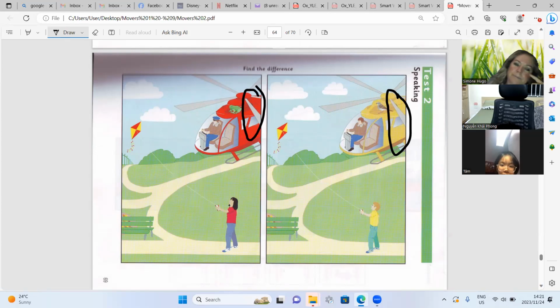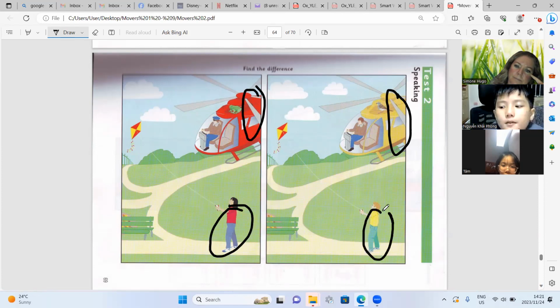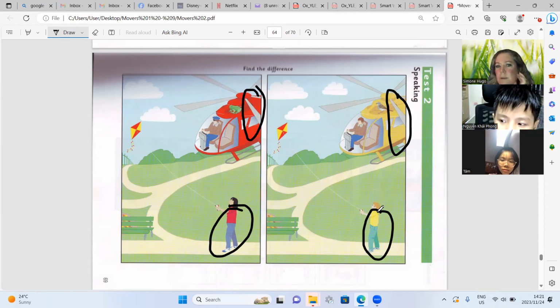Khai Phong? In the first picture, the girl is flying a kite. But in the second picture, the boy is flying the kite. What about their clothes? What are they wearing?